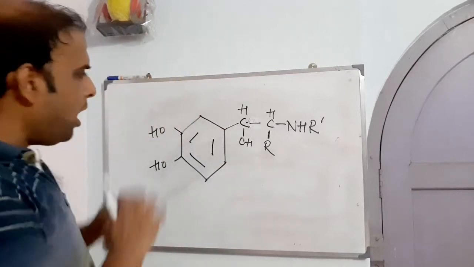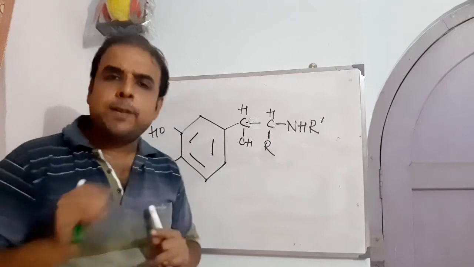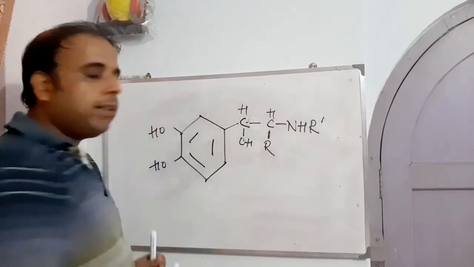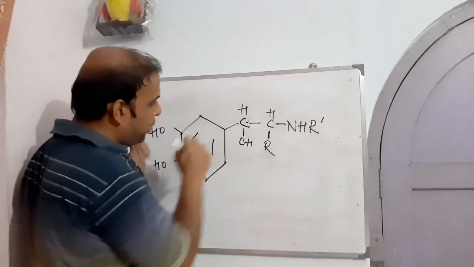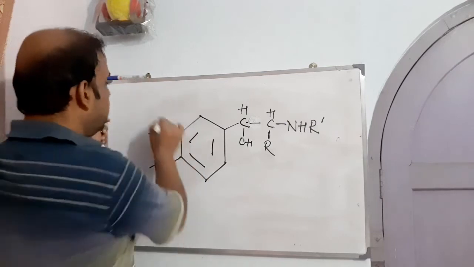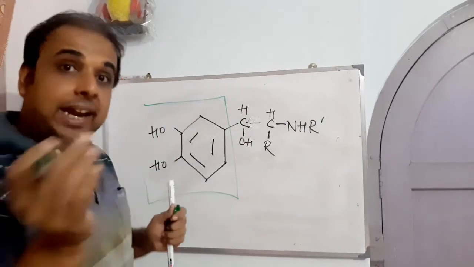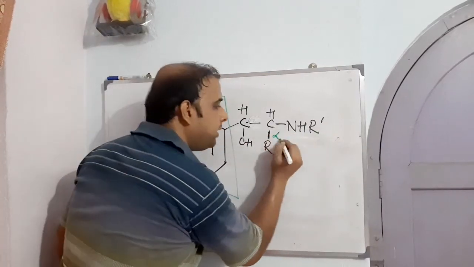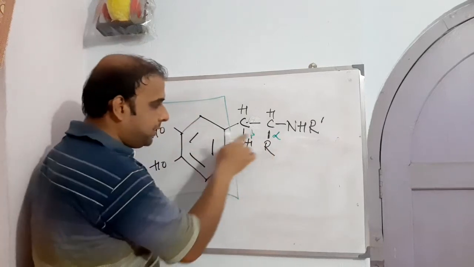Now let us do one thing for the convenience of presentation. We have to split the entire framework into three different fragments, or three different portions. What are those? This is one of the portions, that is aryl, where it is placed with respect to this terminal amine. This is the alpha position and this is the beta position. So it is located at the beta position. That is why beta aryl.